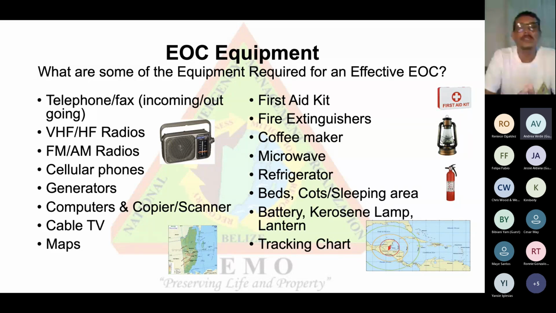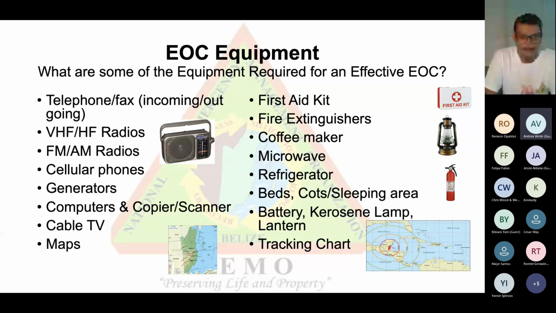Right? Cell phones, pretty much everybody has one of those, so it makes communication easy where there is that network. A backup generator is absolutely necessary, and I'm sure that there is no established district emergency operation center without a backup generator. From Corozal to Toledo, right? Computers and copier scanners